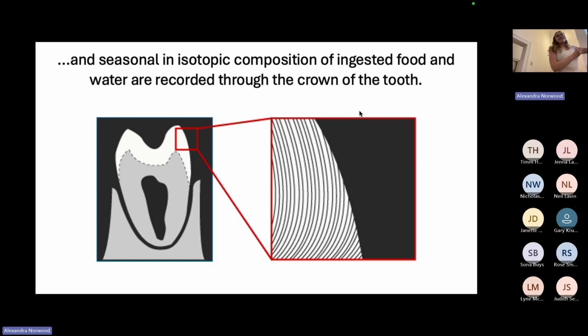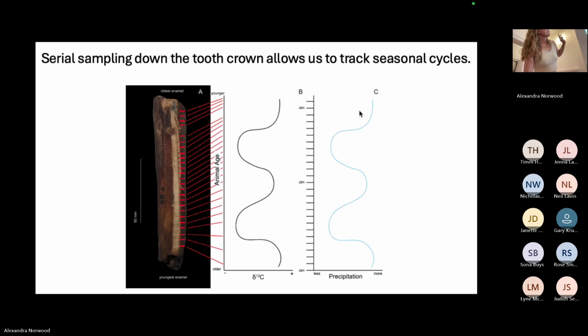Now the question is, how do we get that data back out of the tooth? How do we get that information back out? What we can do, this is a zebra tooth from that extinct Cape zebra that I showed you a picture of before. I always think that I was born in the right generation, because imagine having lived at the same time as this enormous zebra. This tooth is like 8.5 centimeters long. These things were enormous. Like, if I saw one of those, I would be out of here.